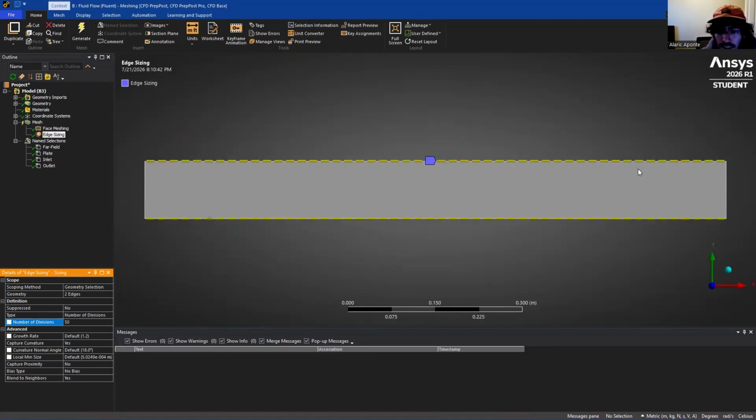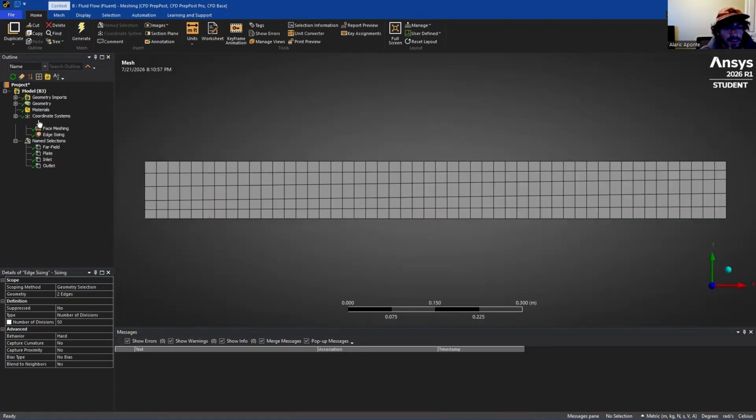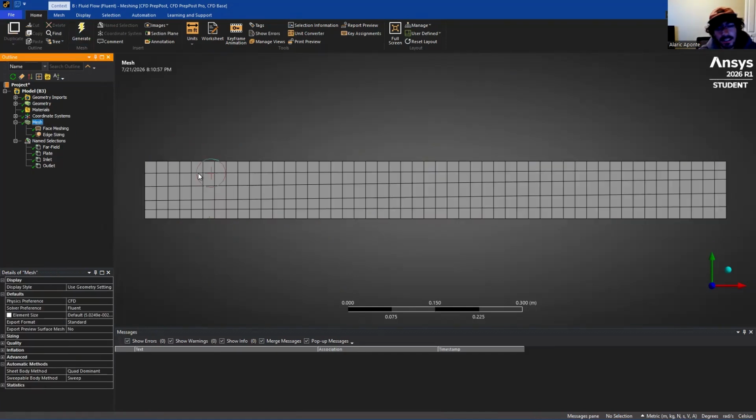Making sure we see all the evenly spaced lines. Then our capture curvature, we actually don't want to use this. And our behavior, we want it to be hard. And then making sure everything looks good, we're going to generate that. Again, should only take about a second. Now, if we check our mesh again, it's looking a lot better, but it still isn't going to be good